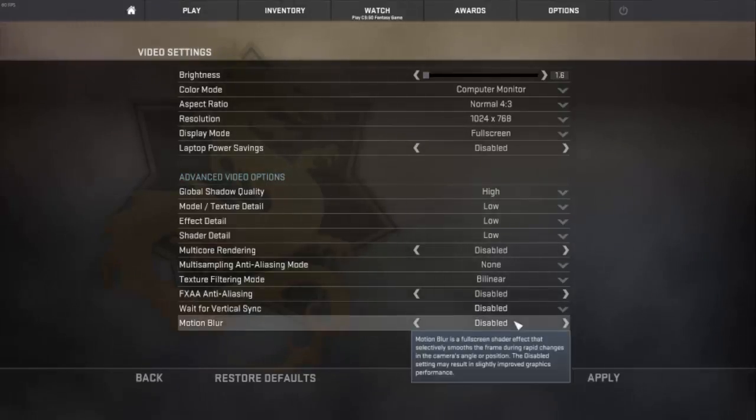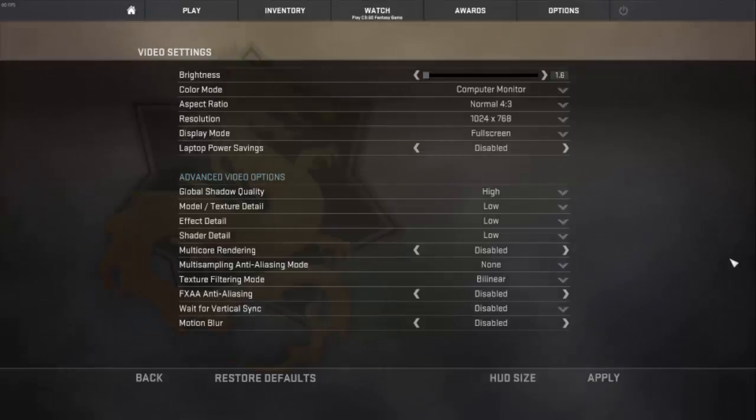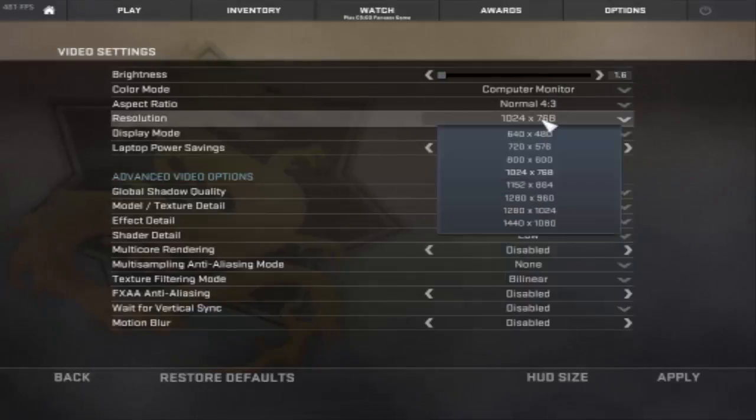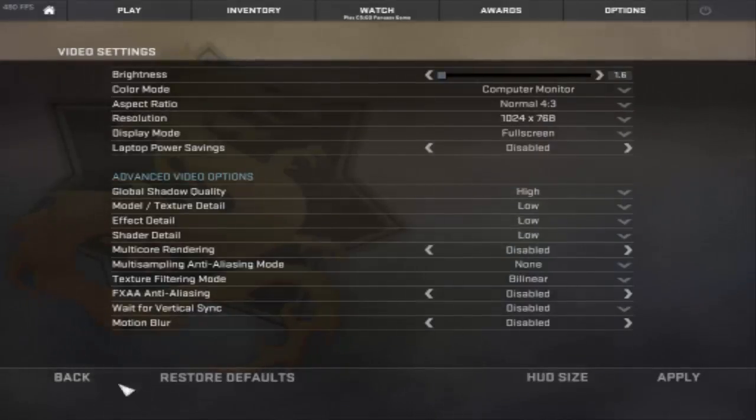Motion blur, don't enable this. It's actually used in films, but for resizing movie files, because it helps to save space on hard drives, but we won't need this. So just try. As I told you, this resolution is actually